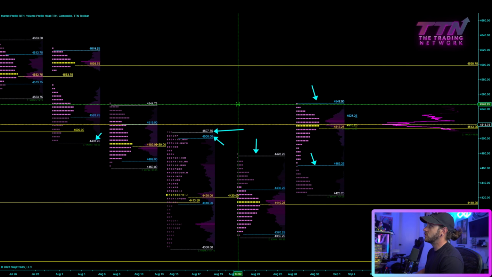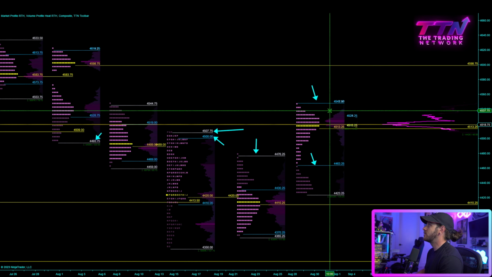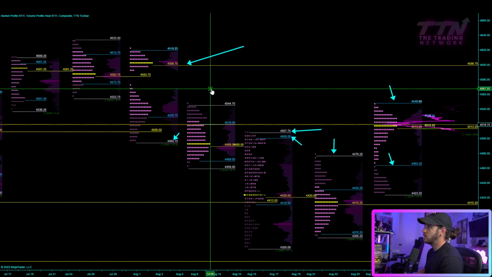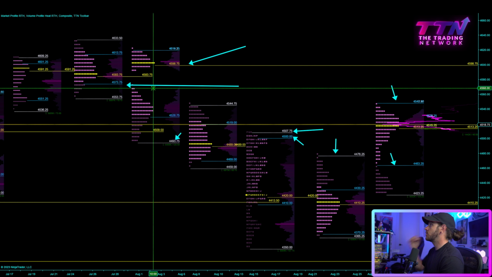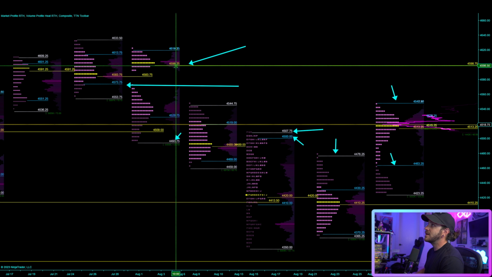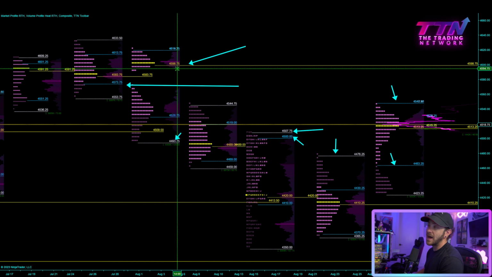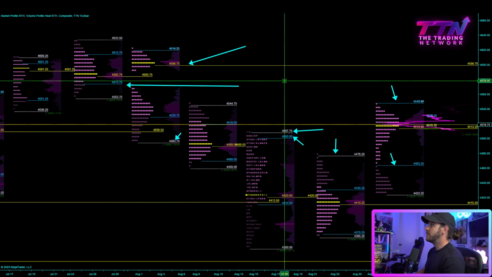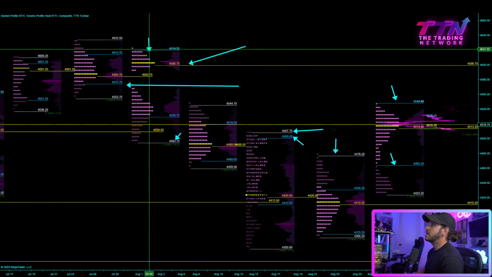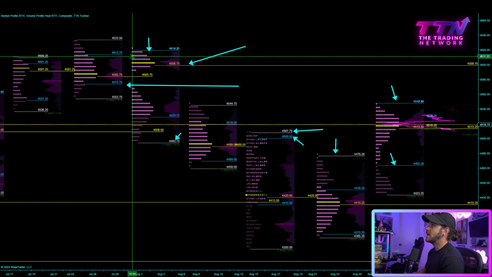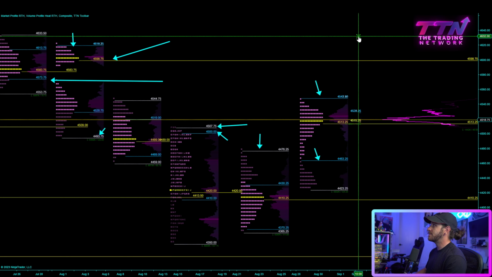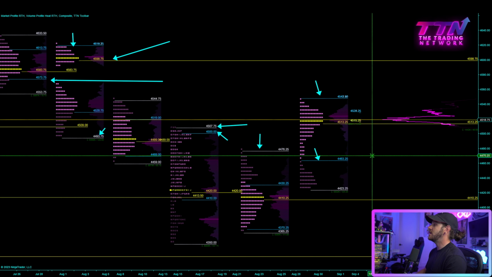If ES can move and hold above 45.50, call it, or 45.45, then we have a naked POC from the week of July 31st up at 45.98, and I would not be surprised. I would actually think that the probability will increase significantly for us to move up and test 45.73, 45.83, and then that 45.98.75 naked POC level, to be precise. If we move and hold above 45.98, call it 4,600 basically, then we have the high and the value area high from that same weekly profile up at 46.19. So that is where I would be looking to the upside from a weekly perspective on ES as well.